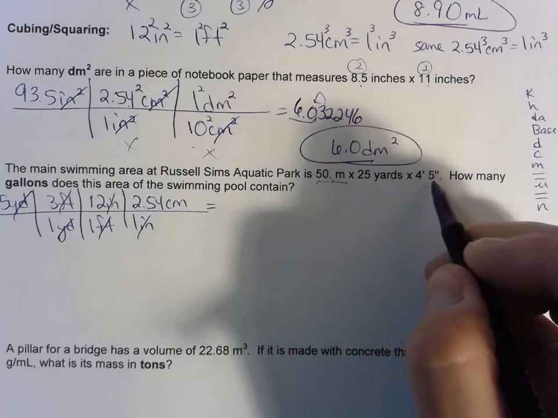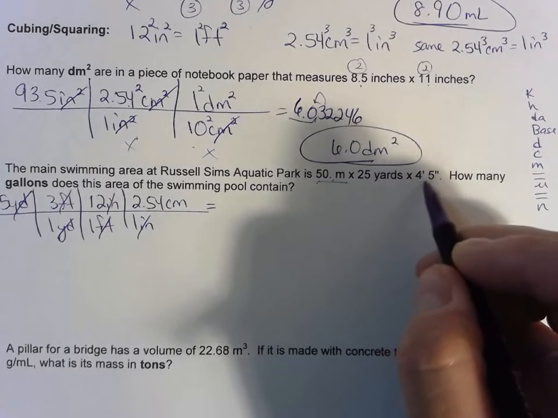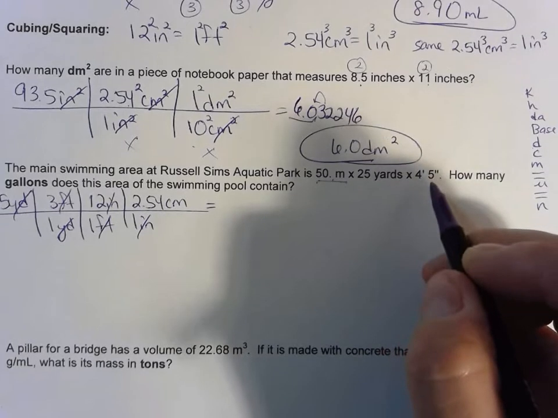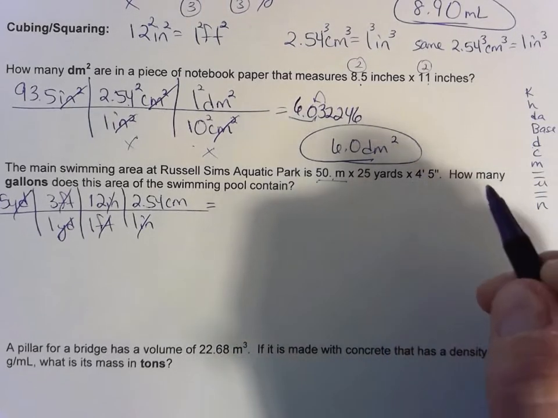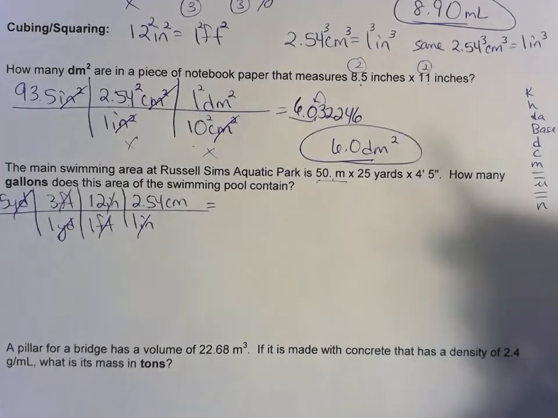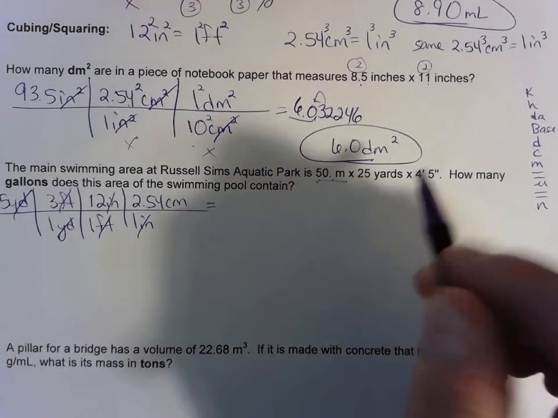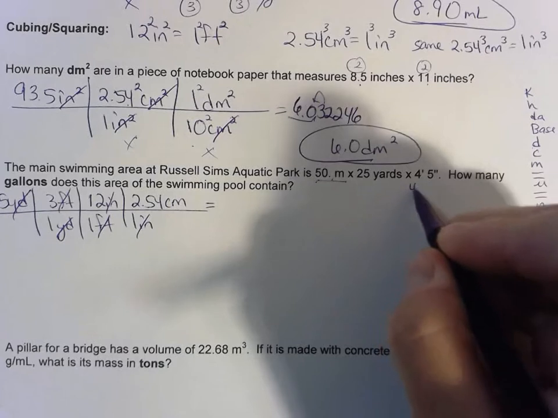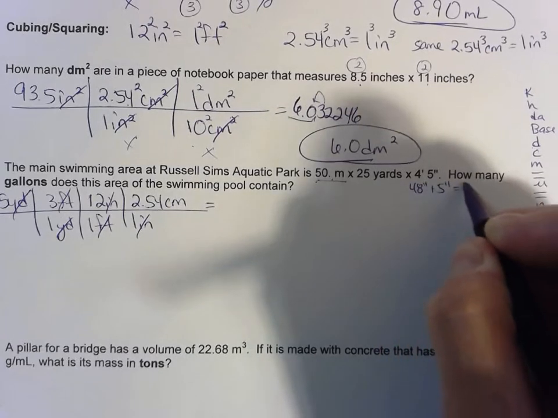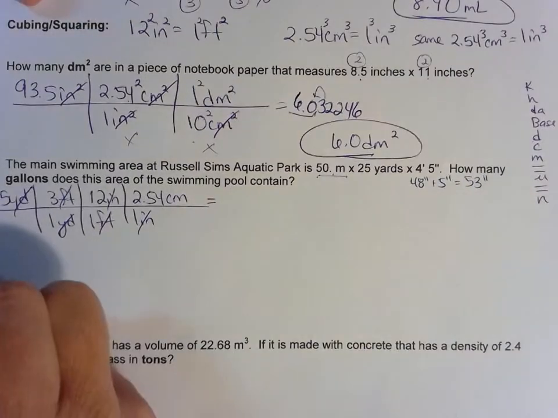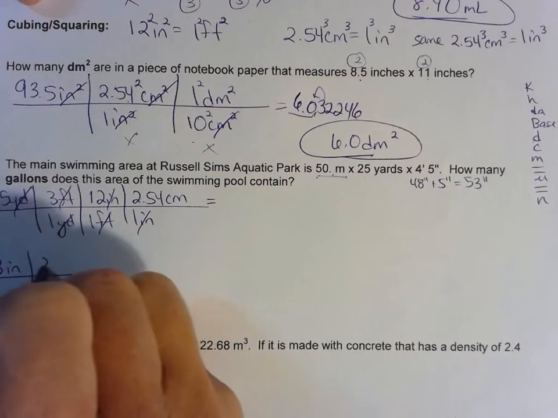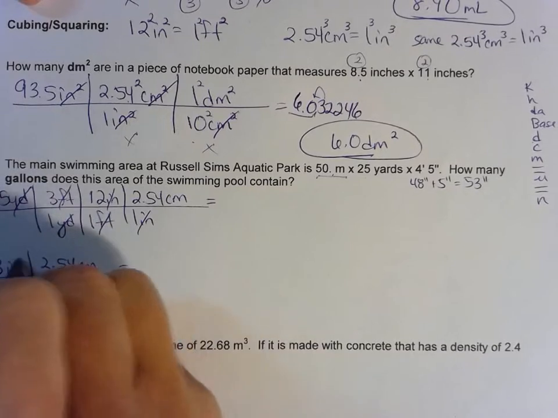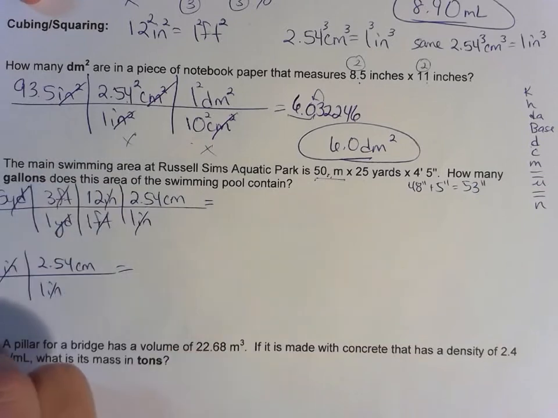All right, 4 foot 5 inches. In order to do this, probably the best thing is to put everything in inches and then convert centimeters from inches, and so I think I'm going to do that. I hope we all can say that 4 feet is 48 inches. If not, there are 12 inches in a foot. So I'm going to assume you know that. So 48 inches plus 5 inches equals 53 inches. Hopefully, I don't need to show that work. So let's do 53 inches, 1 inch, 2.54 centimeters. I'll come back with the calculator in a minute. Remember, I'm putting everything in